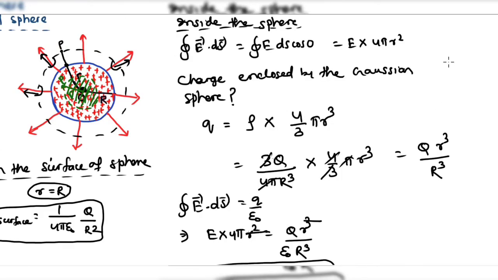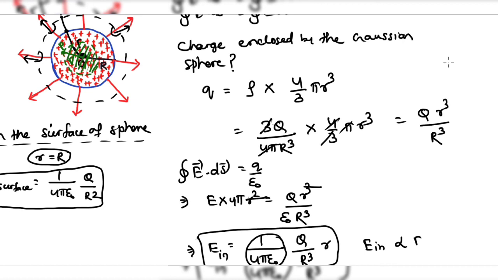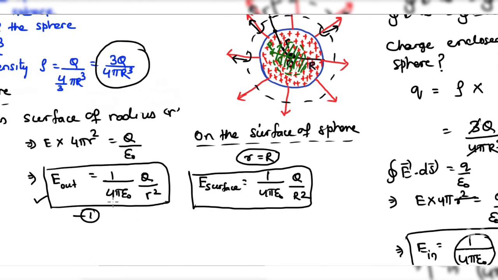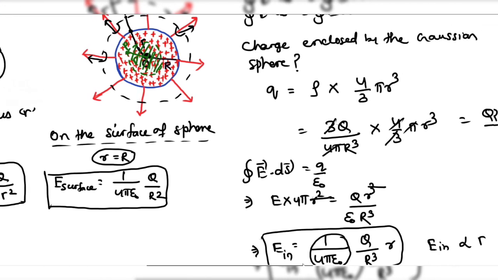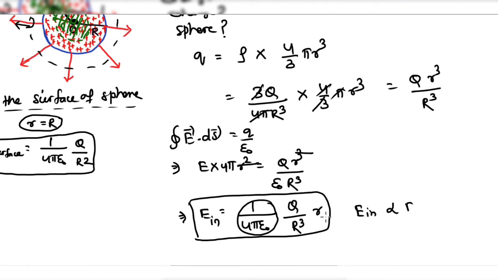So these are the expressions for electric field due to a solid sphere at 3 different points. We got the same type of result as the spherical shell in the first case. In the second case, outside the sphere and on the surface of the sphere, we got the same type of result, but inside the sphere the electric field is not 0. In case of spherical shell, inside the shell electric field is 0, but in case of solid sphere electric field is not 0. So this is the difference.